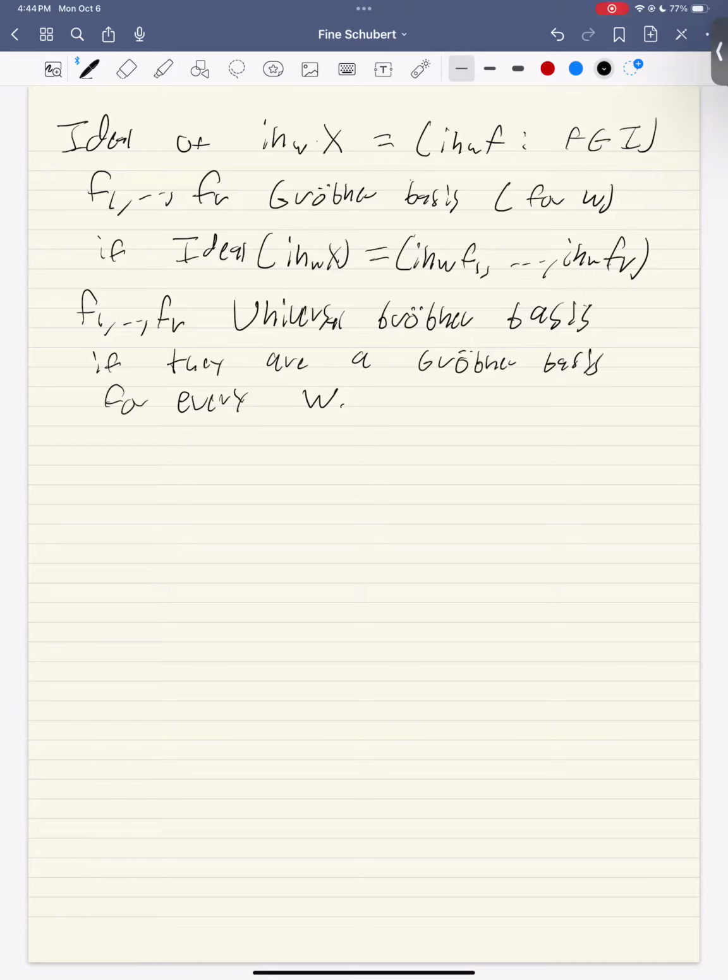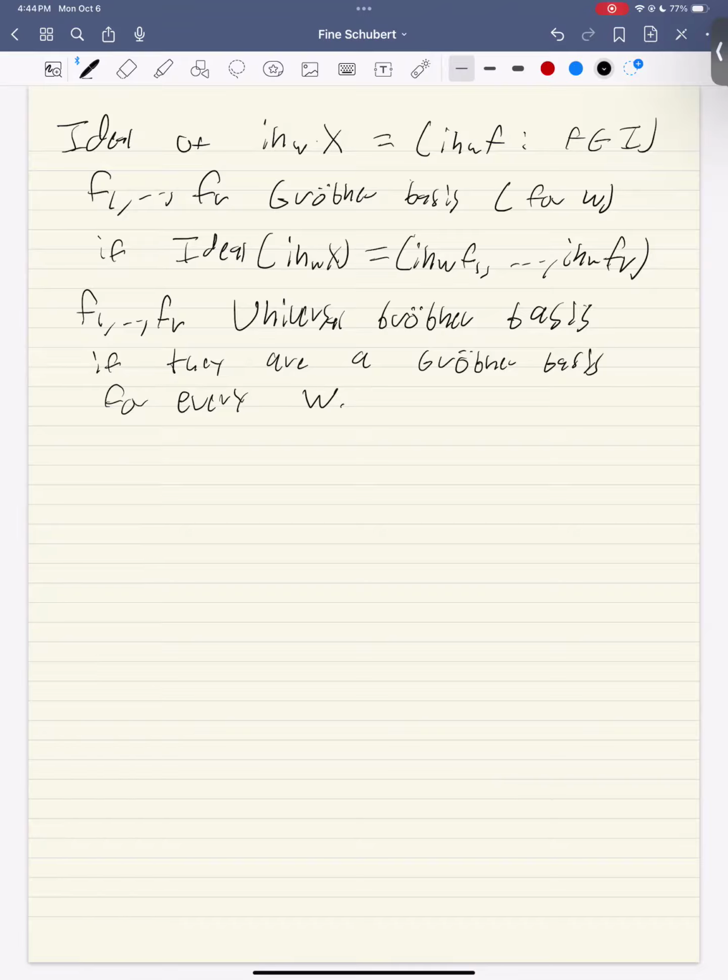Okay, so silly question. If W is not generic, then probably you don't have a term order. You don't have a total order on the monomials. So does that mean you still have a Gröbner basis in the usual sense if you refine your term order? Yeah, so